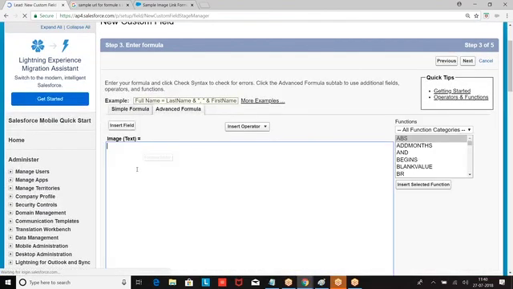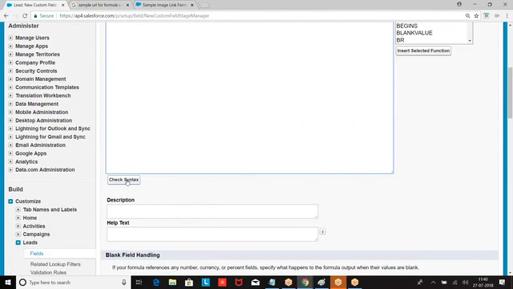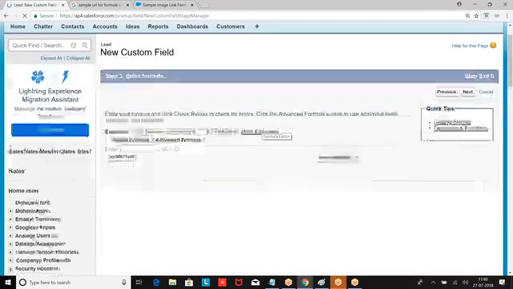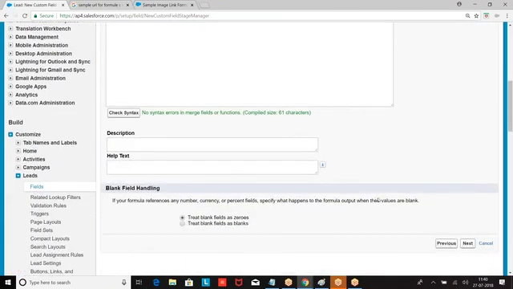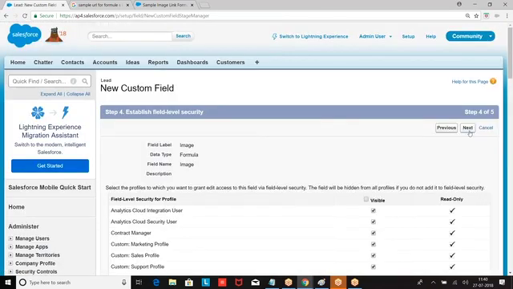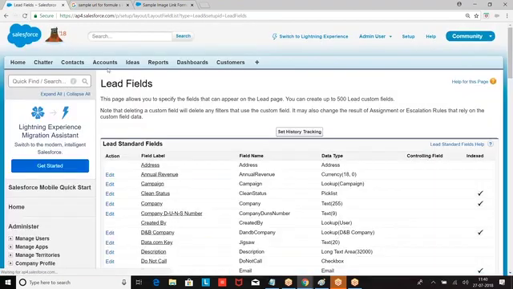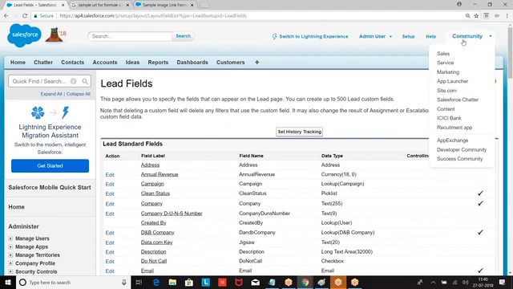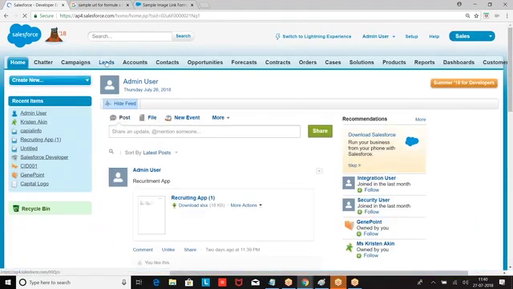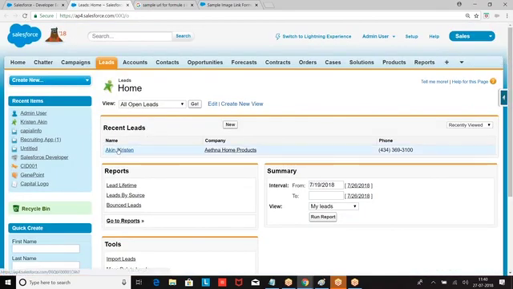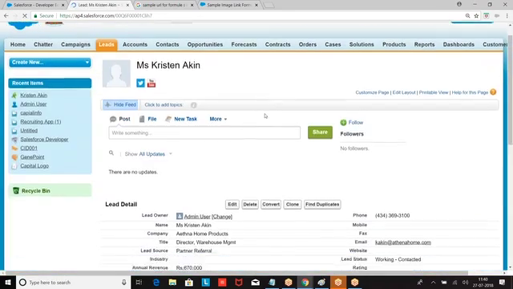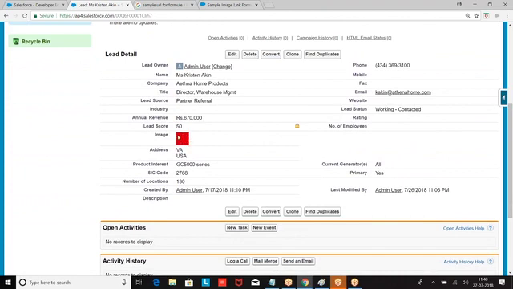Next. Check the syntax. No errors. First, I'm trying to show you how the image will be displayed. Then we go for the use case. This is how I am printing the image, right? Okay. Now the point here is,